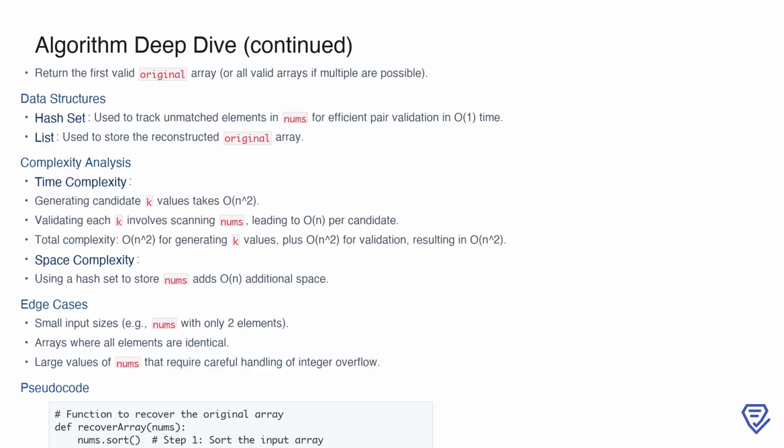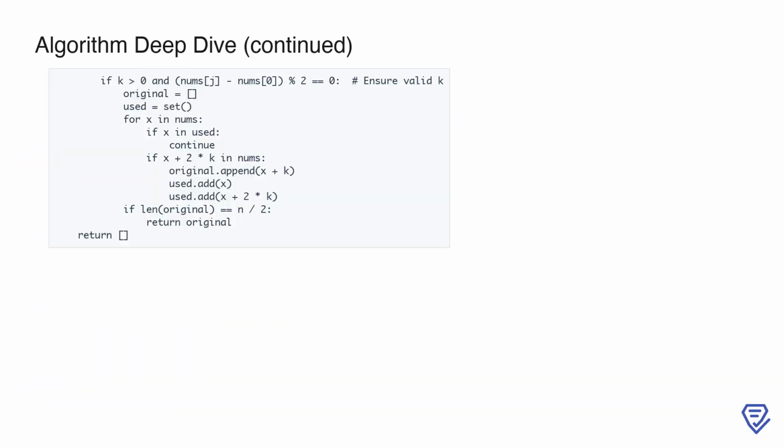Finally, the pseudocode outlines the recovery process, starting with sorting nums, generating candidate k values, and validating each candidate to reconstruct original. The pseudocode continues with the validation process for each candidate k. If k is positive and the difference between the pair nums[j] and nums[0] is even, we proceed to reconstruct the original array. We initialize an empty list for original and a hash set to track elements that have already